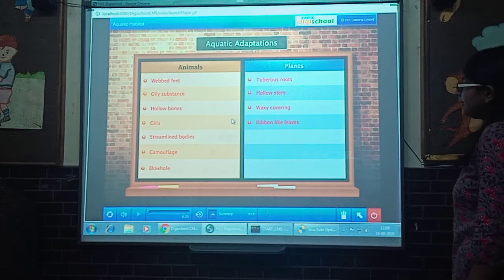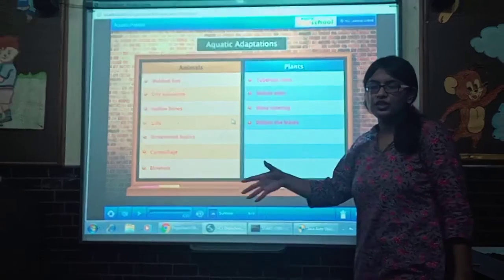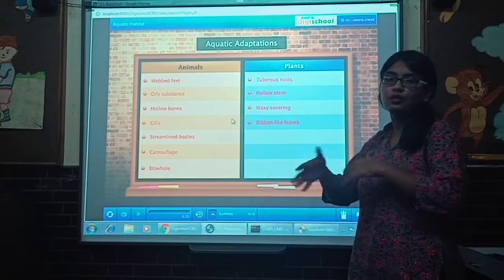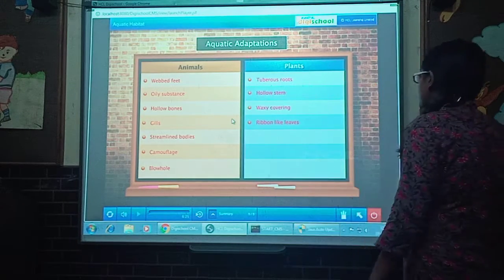So summary में it's clear to you these are the characteristic features that certain animals and plants have so that they can adapt themselves to the certain surroundings. ठीक है।